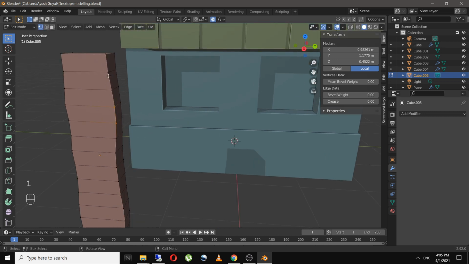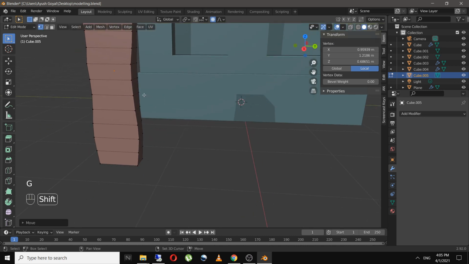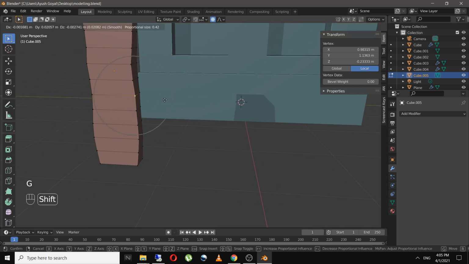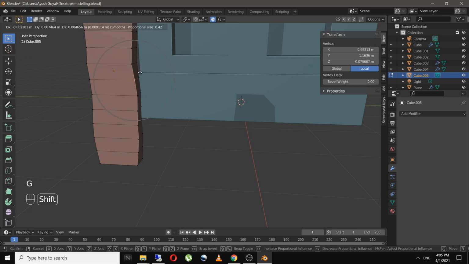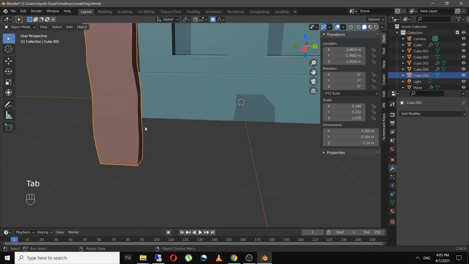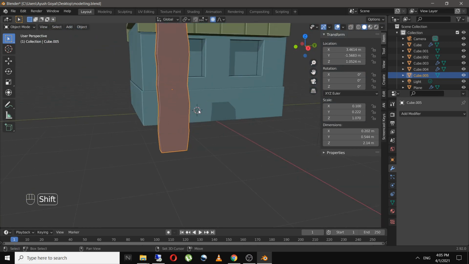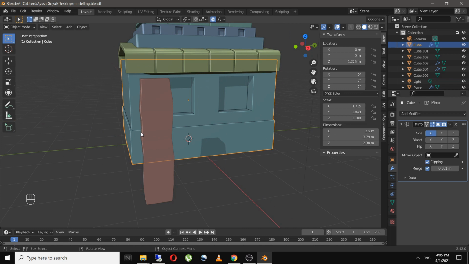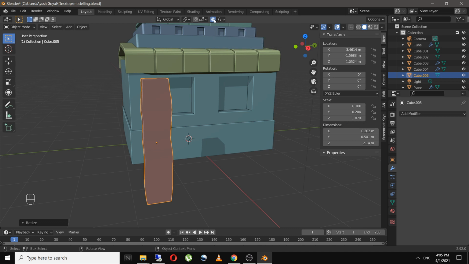And in vertices mode, I'll select a vertex and move it randomly over here and there. So as you can see, this looks better than before, and now I will just scale it something like this and turn off the proportional editing.